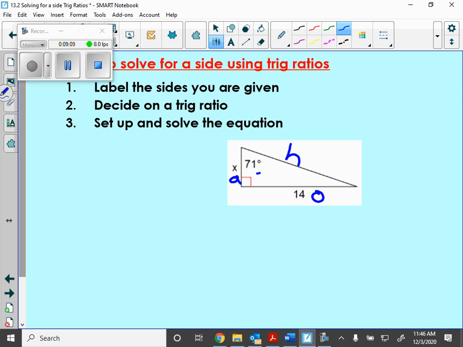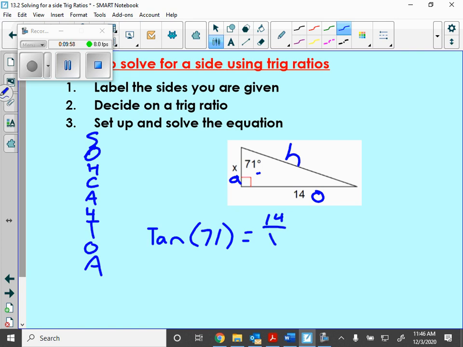Alright? So what two letters are being used in this trig function? A and O. What trig function? The T, the tangent. Alright, so now to set this problem up, T, because O and A is being used. So it's tangent. What's the angle? 71, good job, equals opposite over adjacent. Because tangent is opposite over adjacent. 14 over